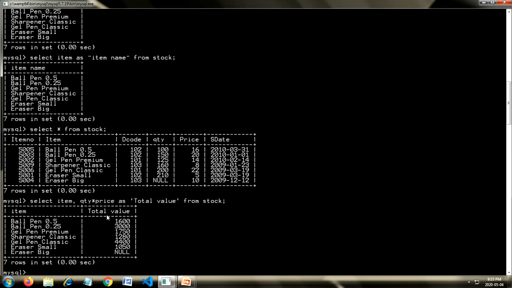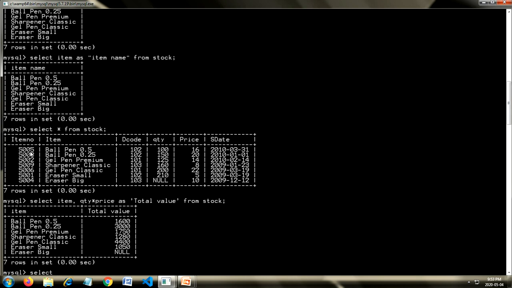Along with this, if you want to filter the records, we will make more videos on it, but let me tell you, we can see selective columns, but if you want to filter the records, then you have to use the where clause. Suppose I want to see the record of item number 5005.